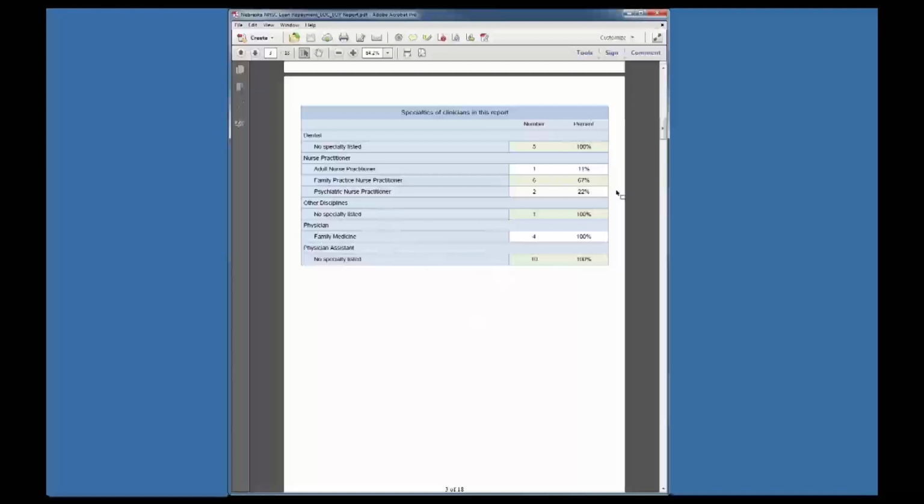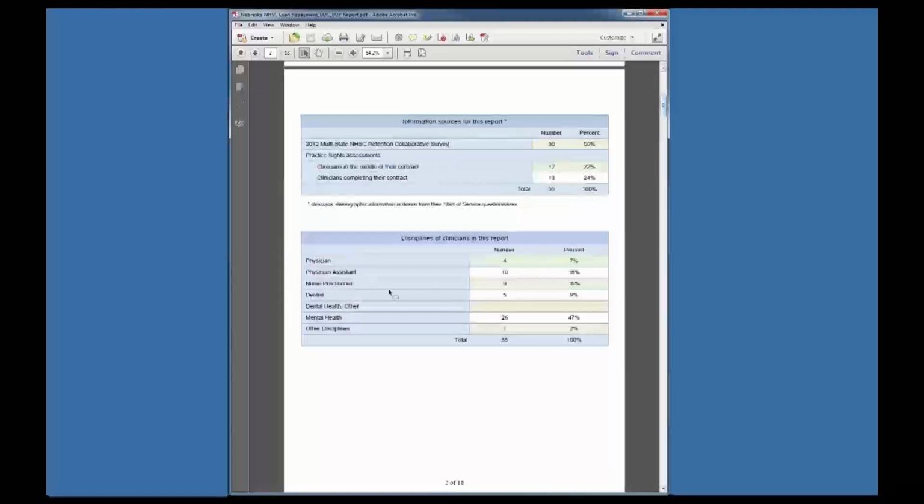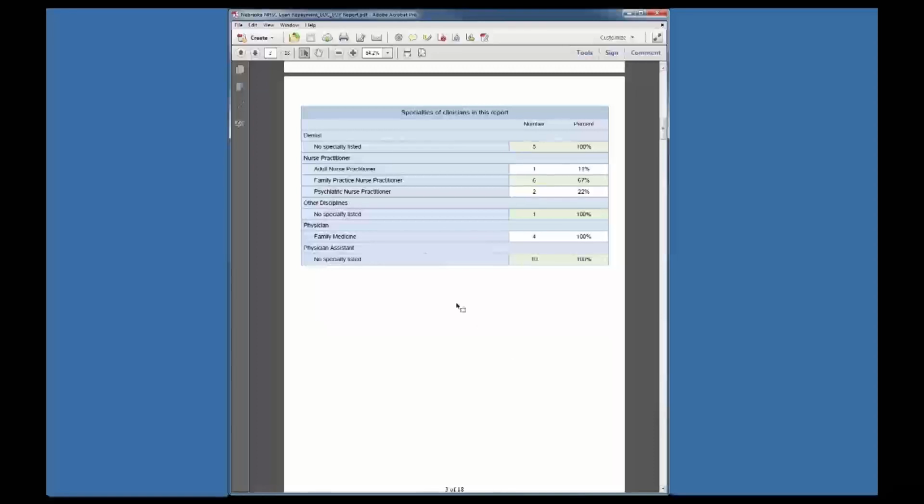So a given, let's see if I can think on the fly, various mental health. Mental health does not have specialties. They're different disciplines, but they're within mental health, with no specialties. So you see mental health is not included here, just specialties. And of the specialties, you see physicians. There are only 4 physicians. They're all family physicians, nurse practitioners, and these are the titles we use. They tended to be the titles that the disciplines themselves use in their national ways they refer to themselves.